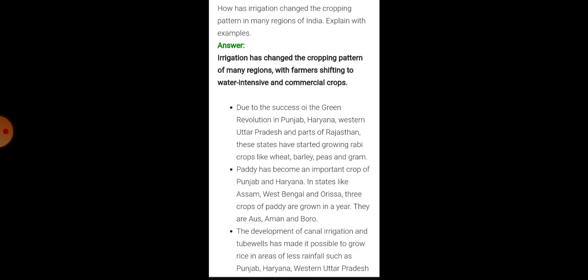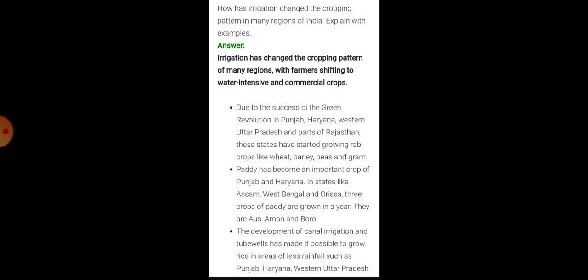Next is: how has irrigation changed the cropping pattern in many regions of India? Explain with example. So the answer is: irrigation has changed the cropping pattern of many regions with farmers shifting to water intensive and commercial crops. Like